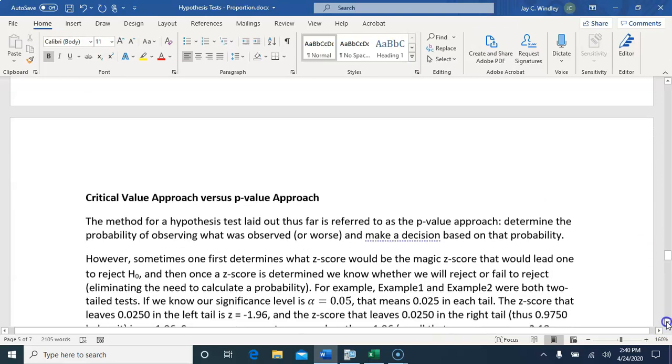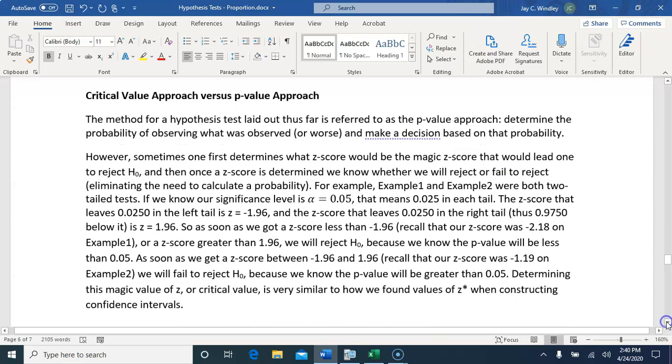All of this that we've been doing is referred to as the p-value approach, calculating the probability that we observe a sample as bad as this one or worse, and then make a decision based on that probability. But another approach is to determine ahead of time what magic z-score would lead one to reject the null hypothesis. And then once you figure out the z-score for your sample, we'll know whether to reject